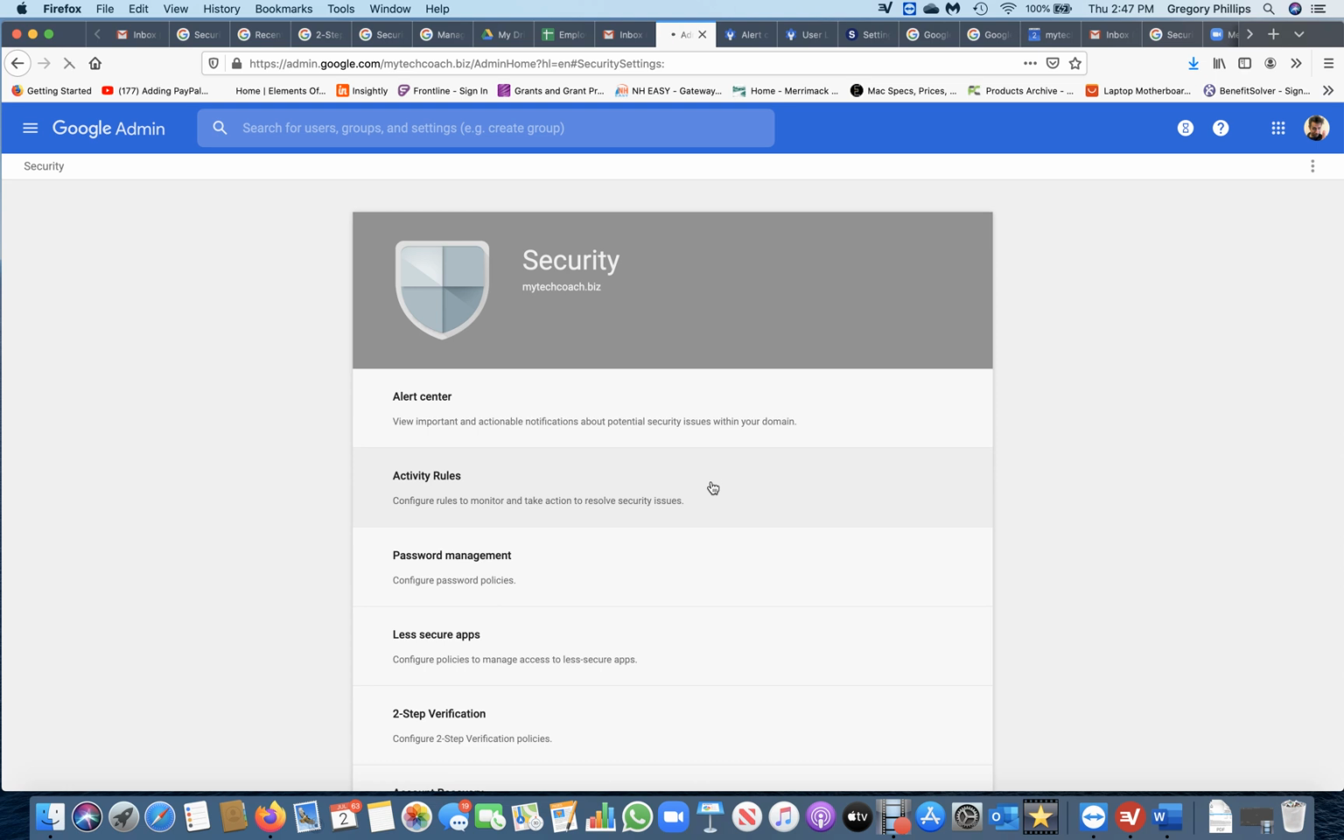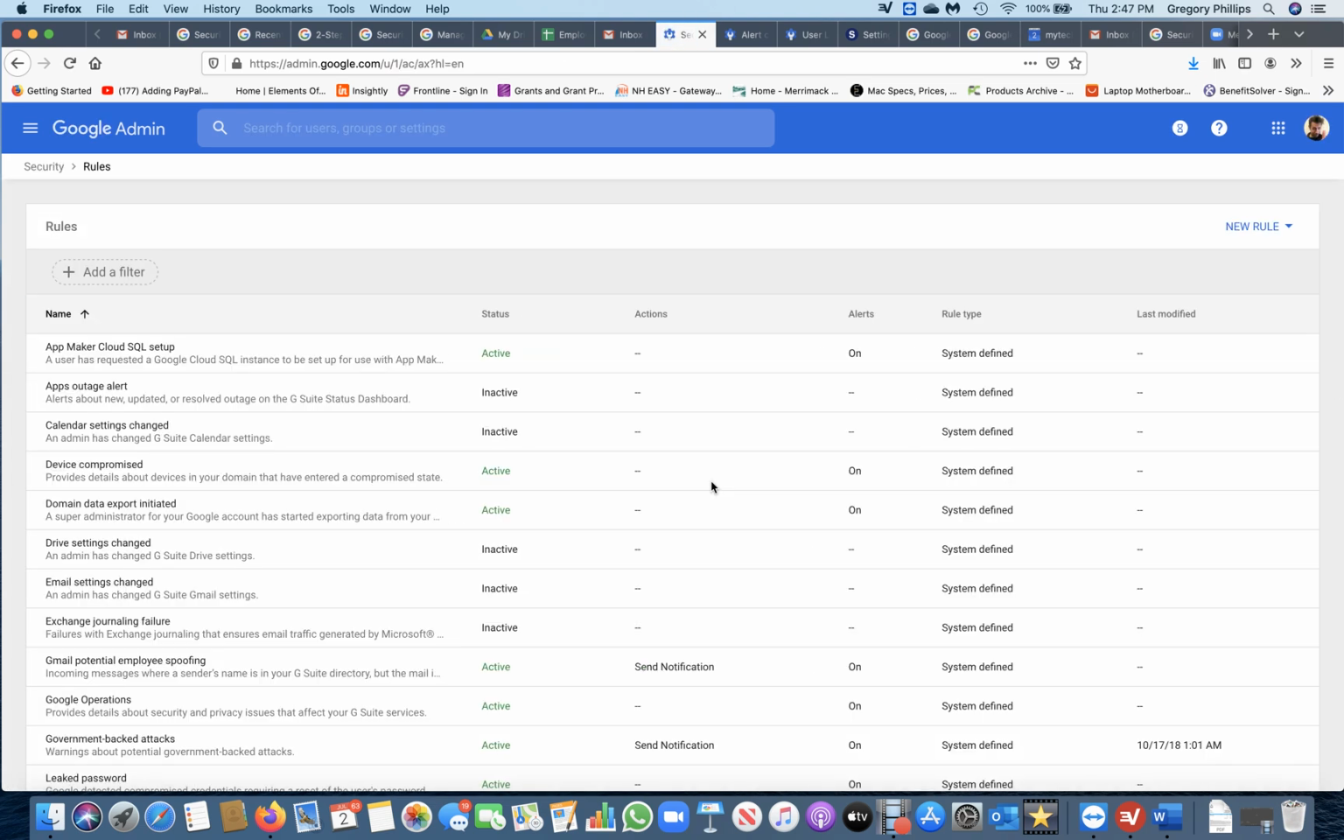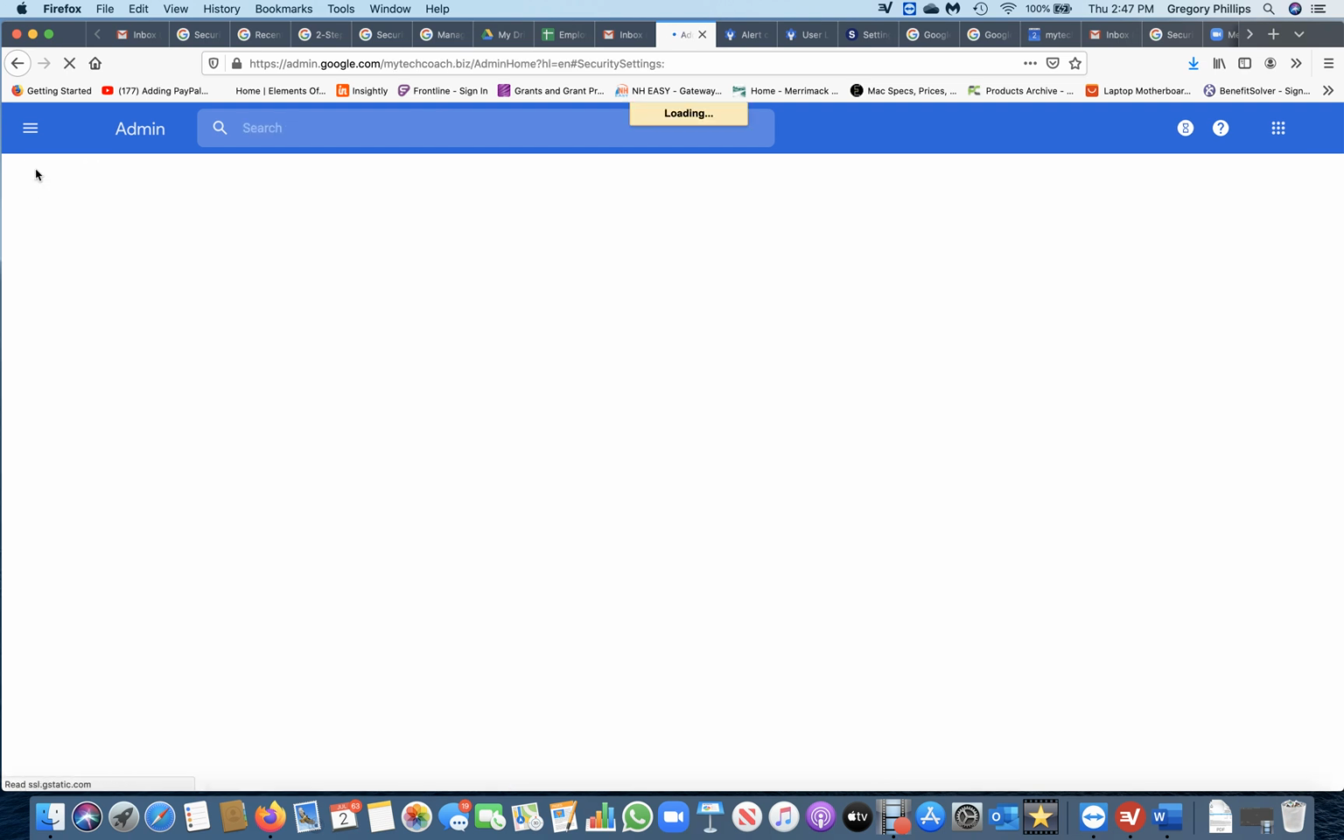Activity roles, so we can configure and take action on things. Again, this is a pretty small tenant and the tenant is basically the G Suite that we set up for our users. But I can come in here and I can actually set up roles to help people use things. Going back,